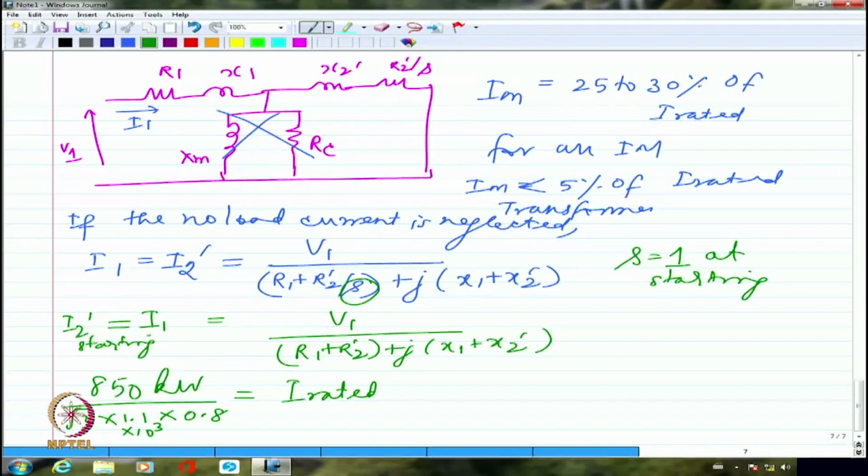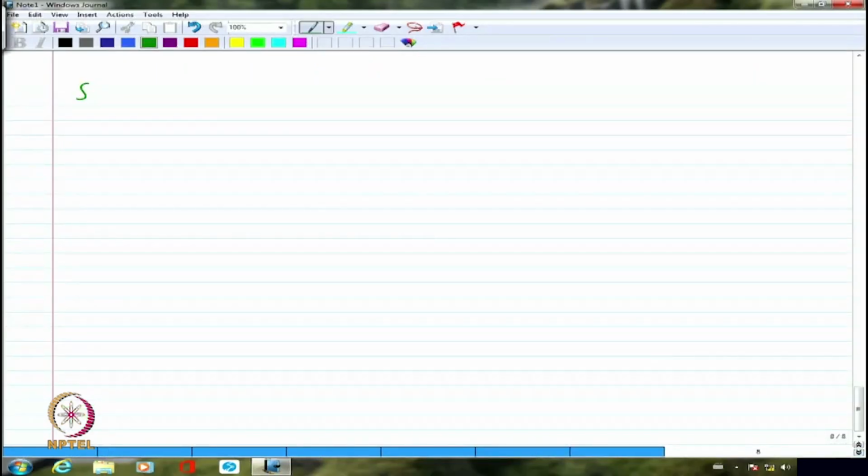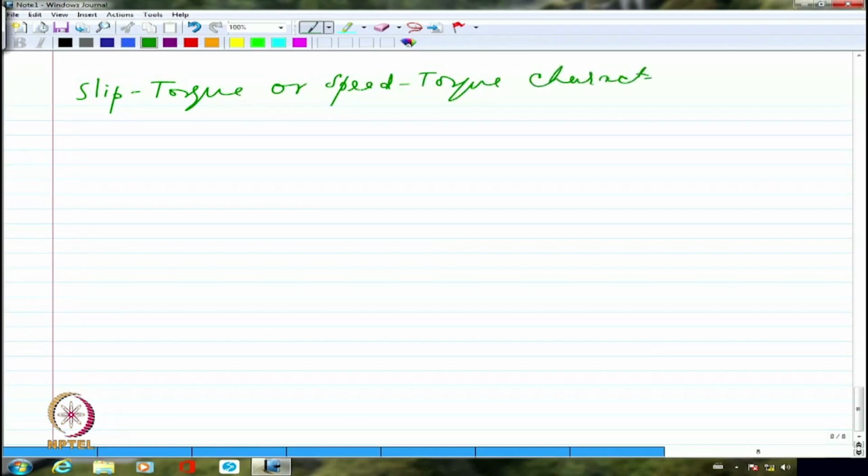So that leads us to the discussion on slip speed or slip torque characteristics or speed torque characteristics. So let us first of all, just like how we saw for the DC machine, take a look at the speed torque characteristics of the induction motor. Okay? So we said that